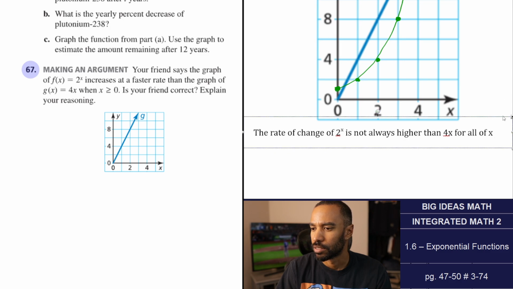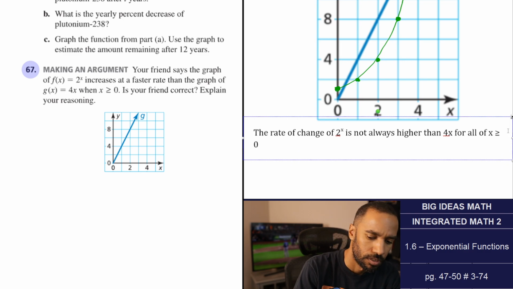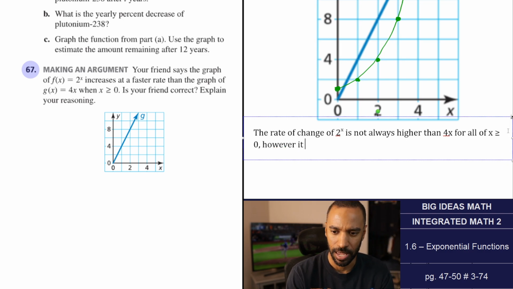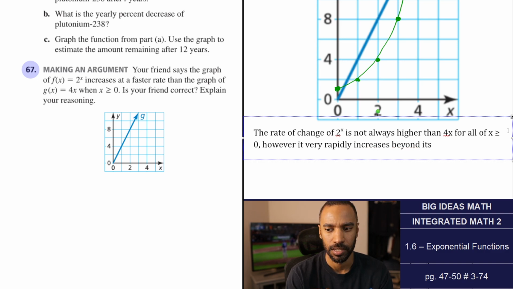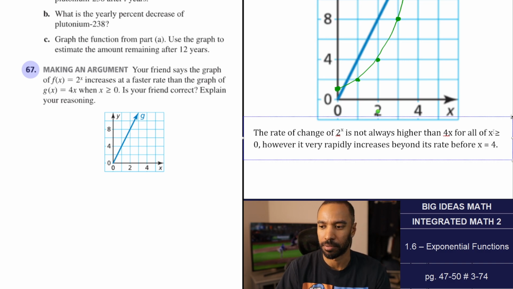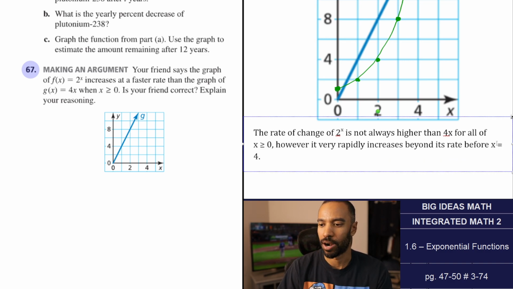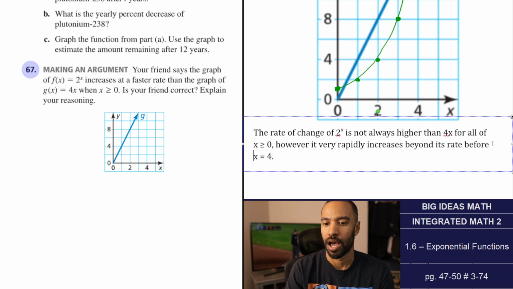Greater than, I'm trying to find the symbol. Greater than or equal to 0. However, it very rapidly increases beyond its rate before x equals 4. I don't know specifically where. I'm not really looking into that right now. So before x equals 4,